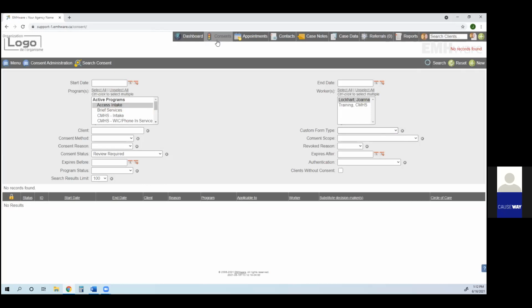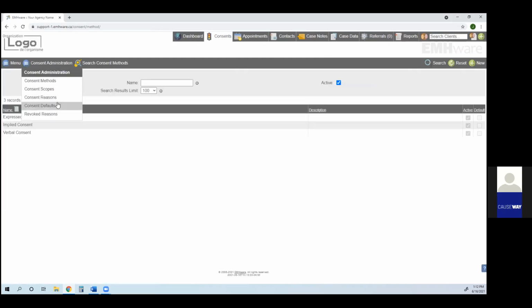So just like the other global tabs, I can add a new consent from the global tab. I just would have to specify what client I was adding it into. And you'll also see a drop down here beside the user menu for the consent administration. So this is really helpful because I can use this drop down to maintain those drop down lists that you see in the module. So the consent methods, scopes, reasons, revoked reasons, I can add or remove any of those